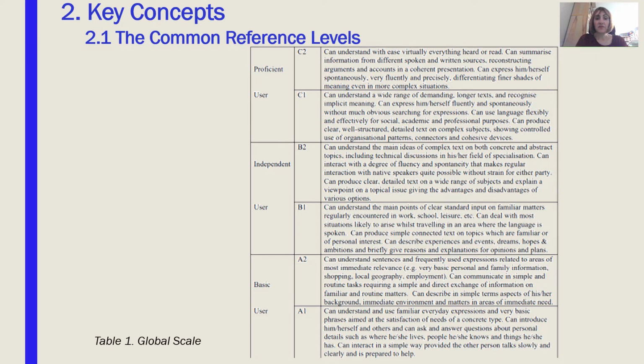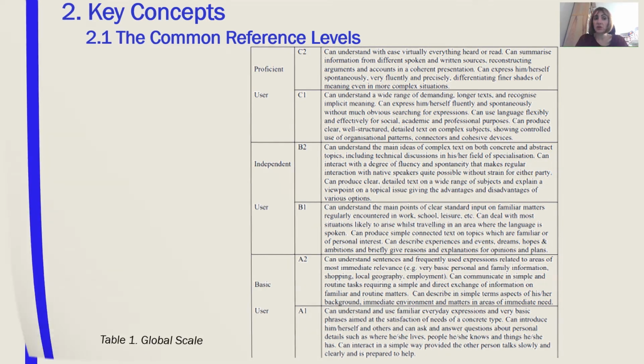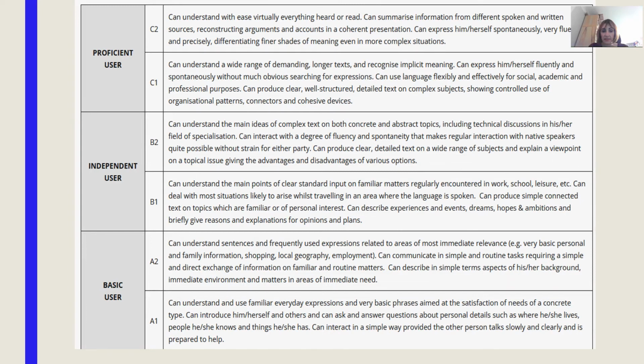So, the common reference levels. This is what a learner can do in terms of proficiency when learning a language, depending on its level. For each common reference level, whether you are A1, A2, B1, B2, C1, C2, there is a list of abilities. We say that a learner has some abilities. He can do certain things. It's always positive. So if you look at a B2 independent user, he can understand the main ideas of complex